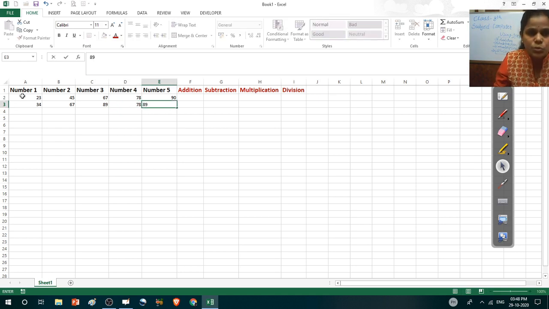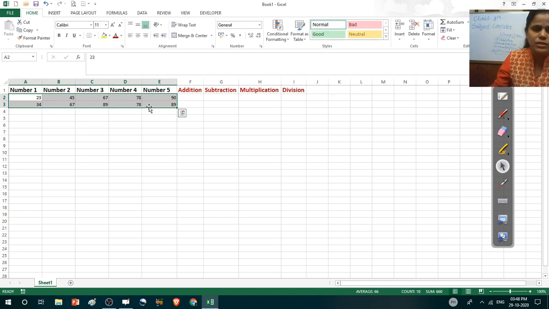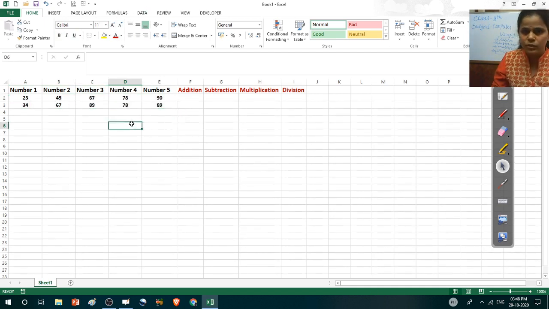69. So first set the alignment of these numbers. Here are the alignment options. This is the group of alignments, so select center align from the ribbon. Then click on the bold option, then increase the size to 12, right? Then we will apply these 4 functions on these 5 numbers.